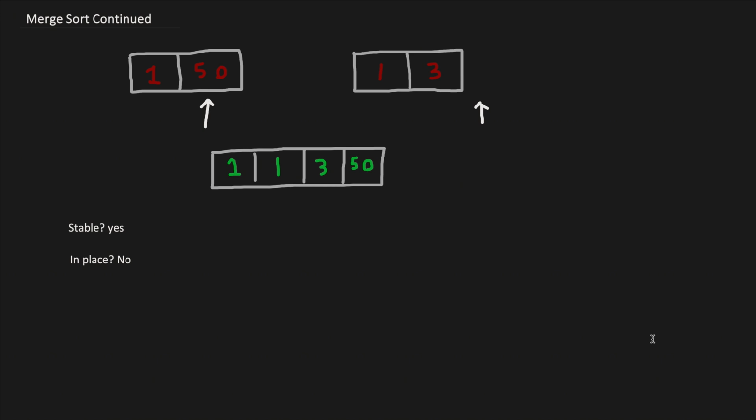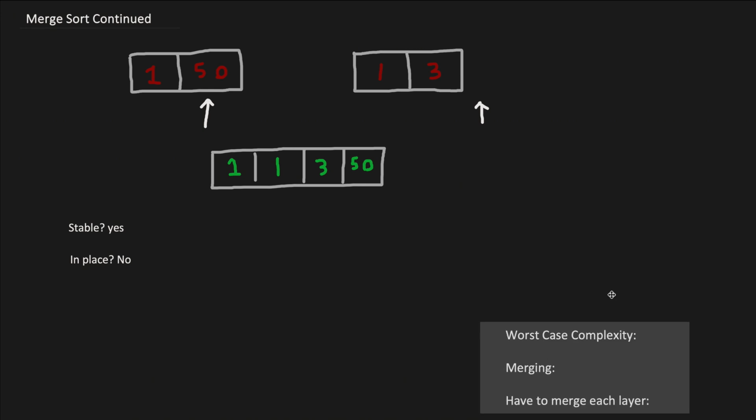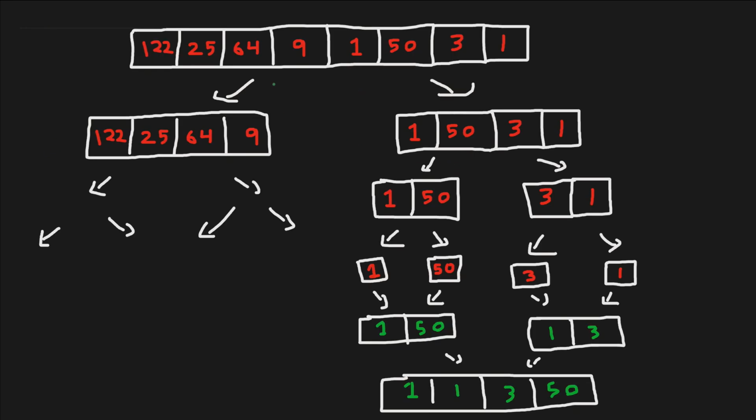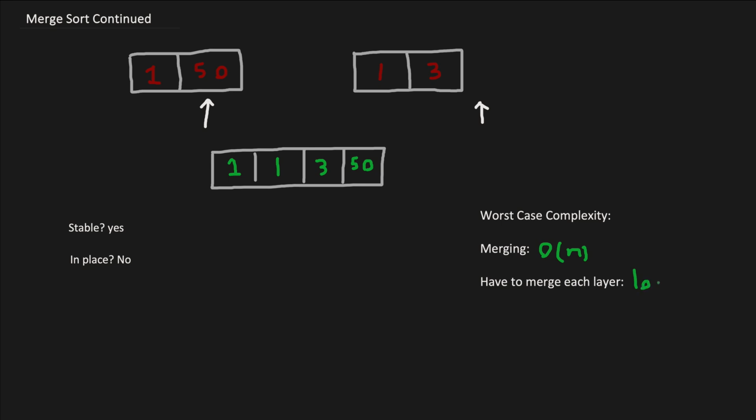Okay, so for the complexity of merge sort, we know that in the worst case, for merging, we're going to have to loop through every element in the array. So that'll be O of n. And we're going to have to do this merging algorithm for every layer in merge sort. And we know that since we continuously split the array in halves, there's going to eventually be log n layers that we're going to have to merge. And therefore, the worst case complexity of merge sort is O of n log n,